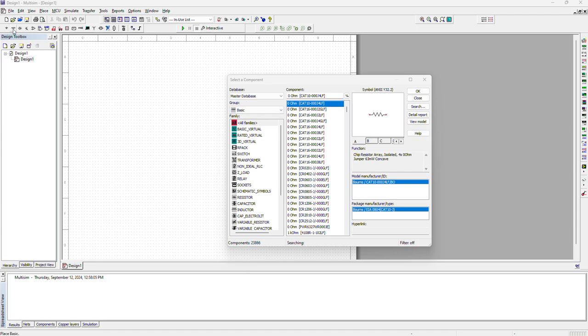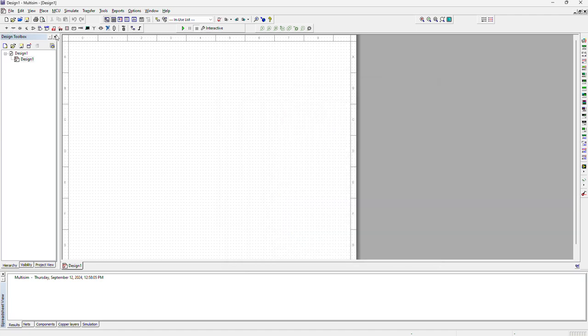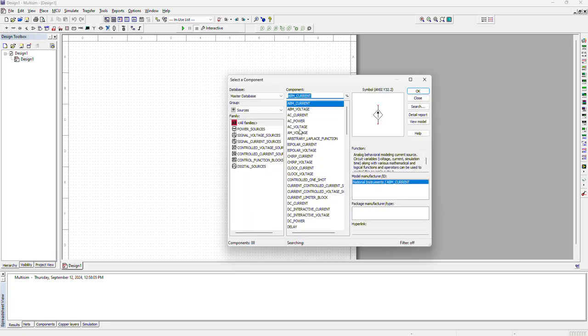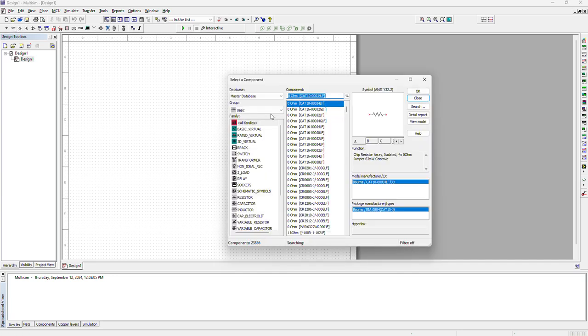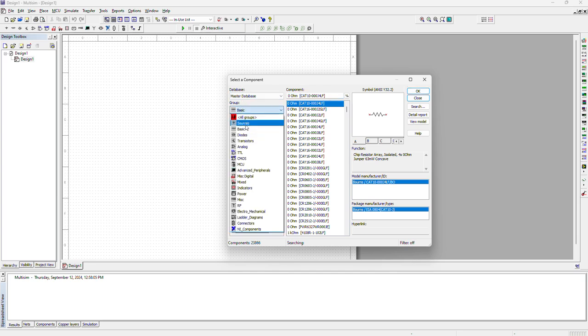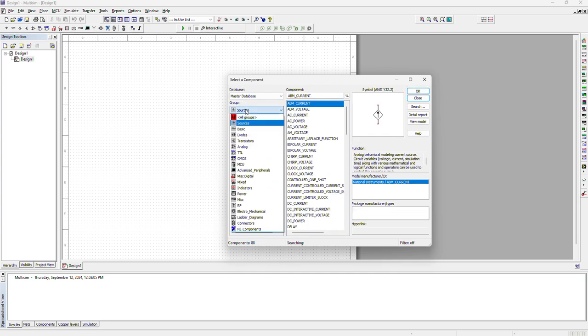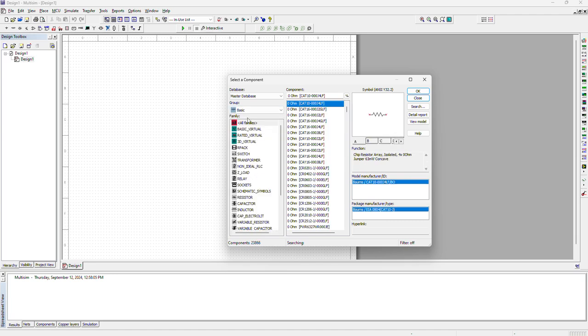So what I did is I clicked up here. Now up here the first couple buttons basically bring you to the same menu, just different sections of that menu. If I click here, it shows me sources. If I close this and click up here, it brings me to the basic menu. But I can go into here and change it back to sources if I want to. So I'm going to go to basic and start with some